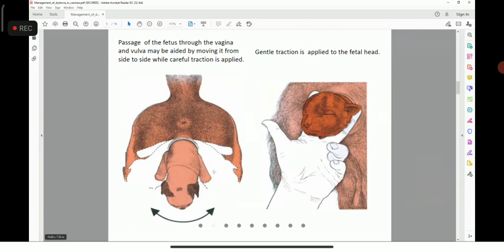You can swing the fetus as well. Rather than putting force straight forward, you can swing in a semicircular manner. Then the delivery will be a little bit easier. Okay,